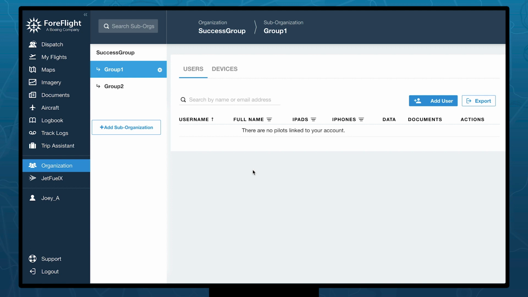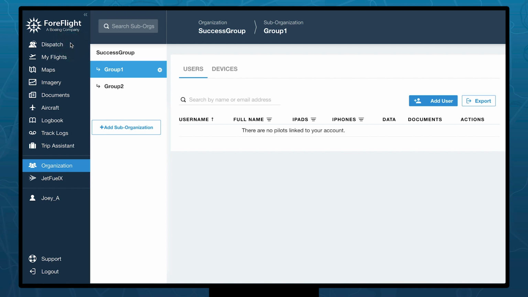Both products share the same user interface found at plan.foreflight.com. Dispatch being the topmost tab on the screen, and then the rest of the functions are assigned by the user that's actually logged into the account. So we can see that my name down here, I'm signed in. These are my flights, maps, imagery, and so on, whereas Dispatch is shared by all users on the Dispatch level